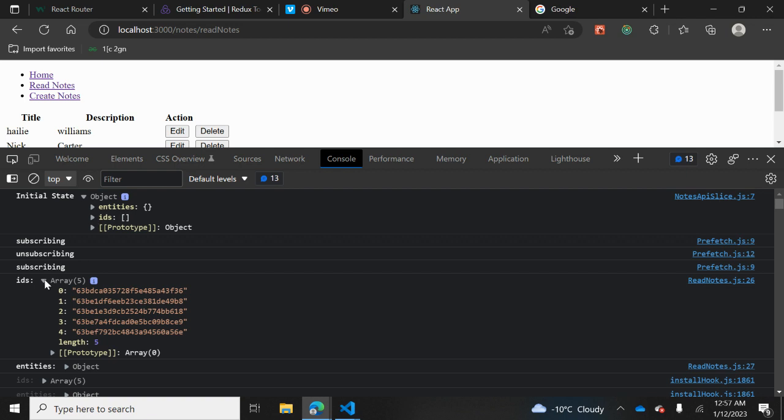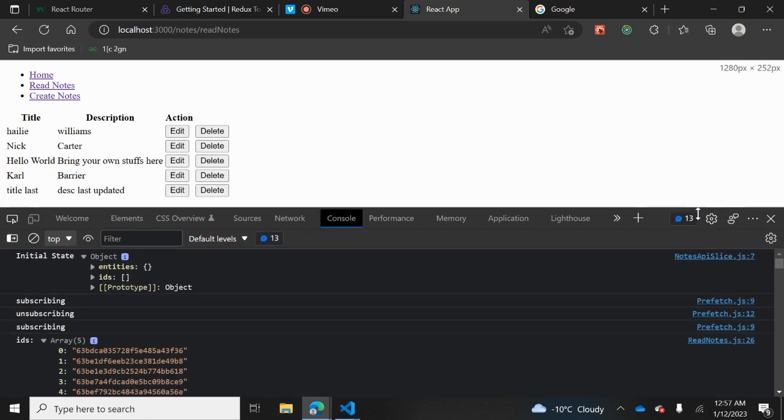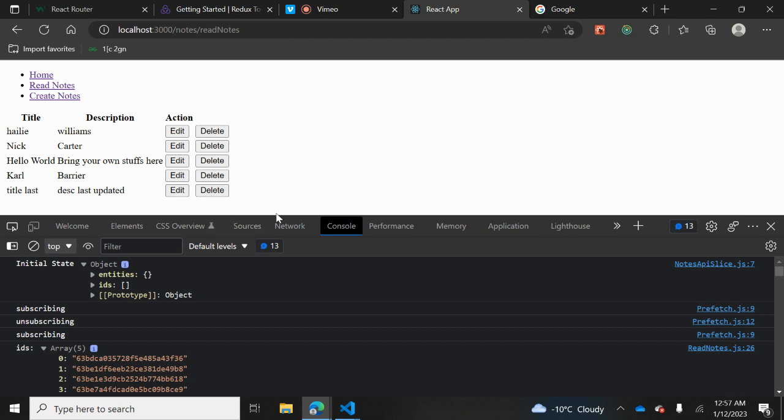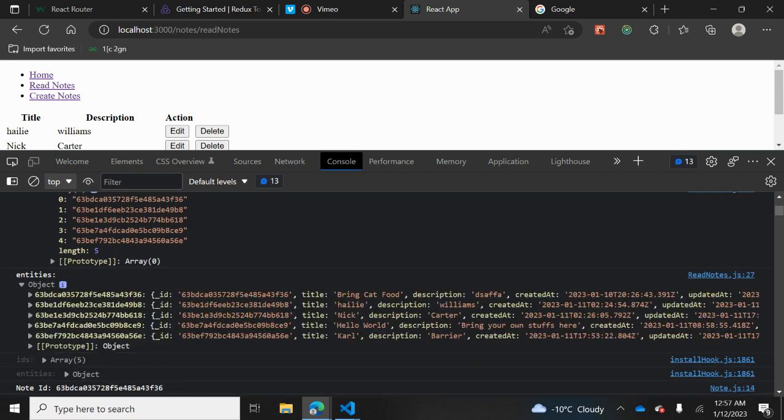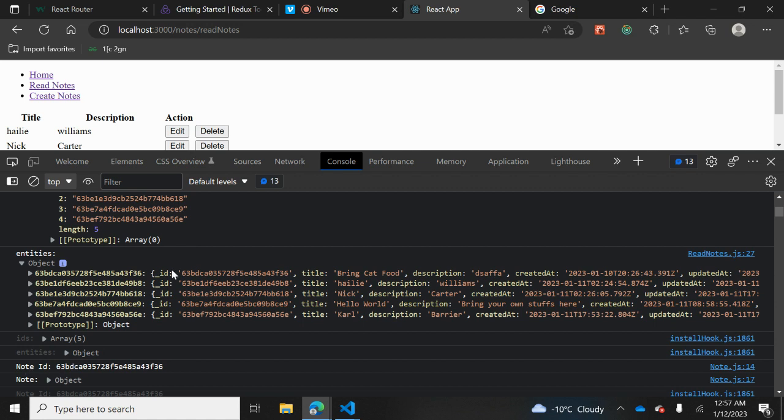If you go inside IDs, we have 5 records here. IDs is a table which only has the ID, and it's an array, it can be iterated. And if you go down and see these entities, it has the entire data